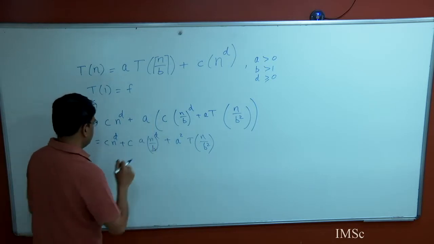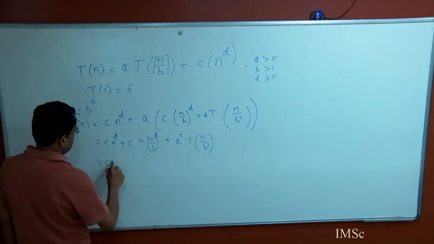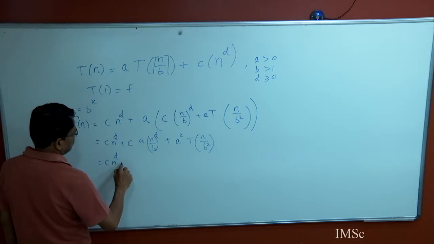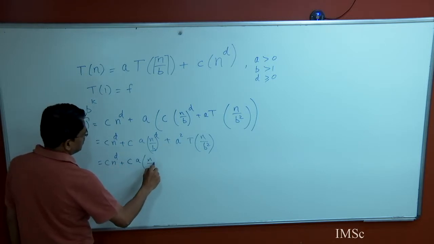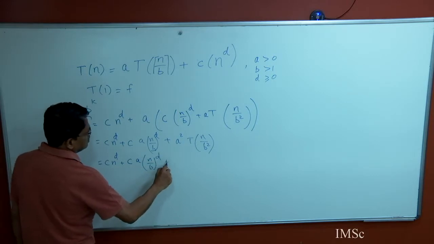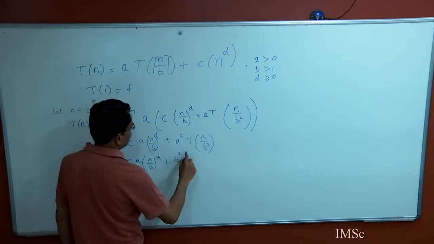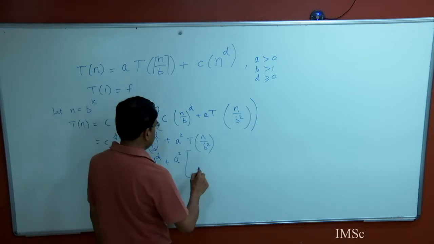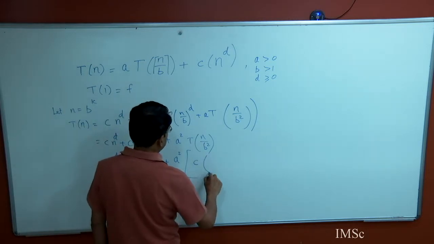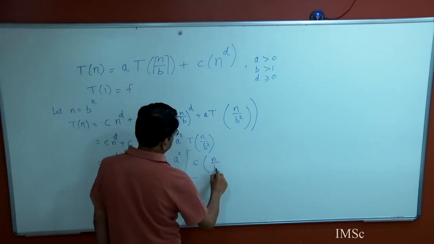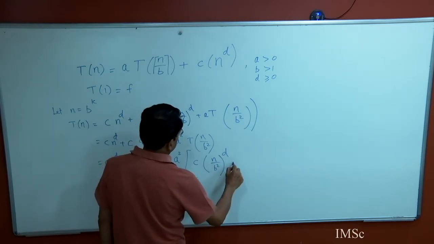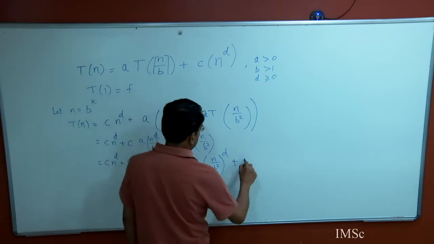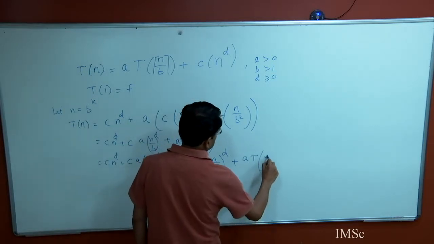So, this is C n power d plus C A times n over b whole power d plus A squared into, let's do one more time and then we'll start seeing a pattern. C n over b squared whole power d plus A times